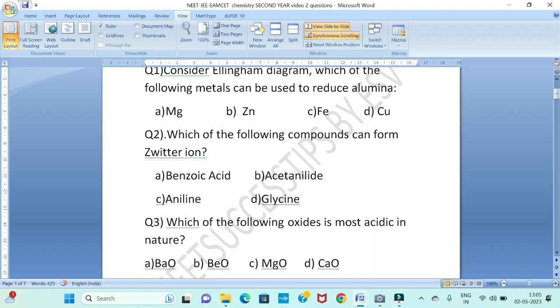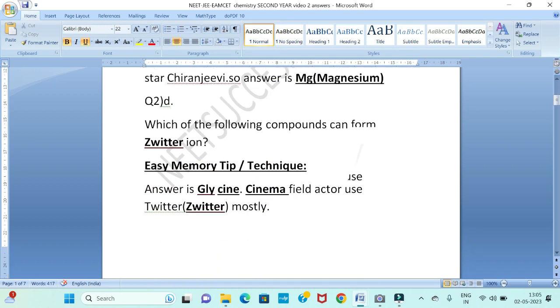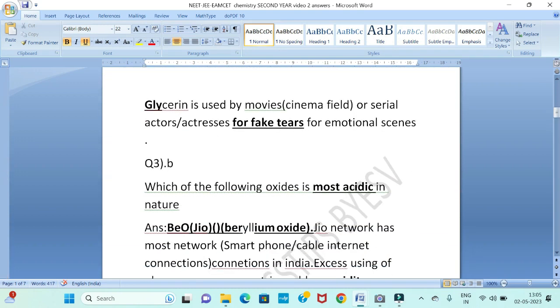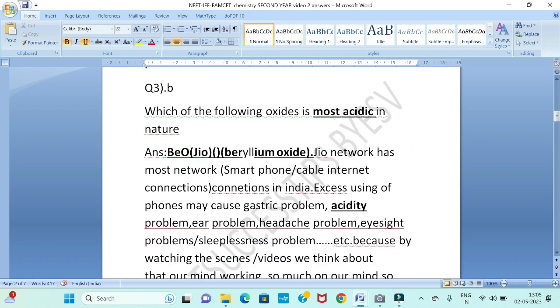What is the answer? See here the easy tips and techniques. Answer is B. BeO, beryllium oxide. Which of the following oxides is most acidic in nature means beryllium oxide, BeO. So you can remember like that, BeO, BO, GO. BO means GO,